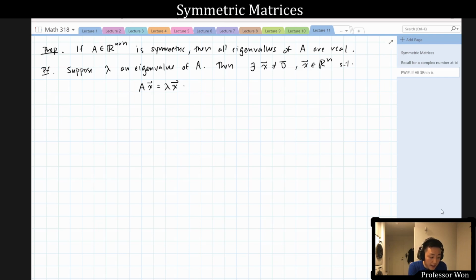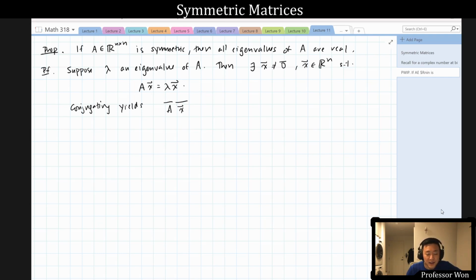Okay, and we can conjugate both sides of this equation. Because this just says that these two vectors are equal, so if I conjugate both sides, those two vectors are also equal. We get that A bar times x bar